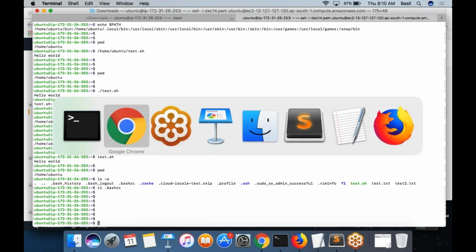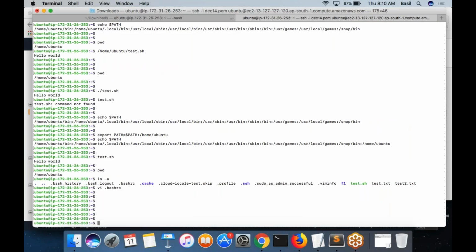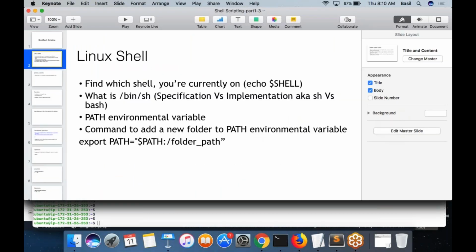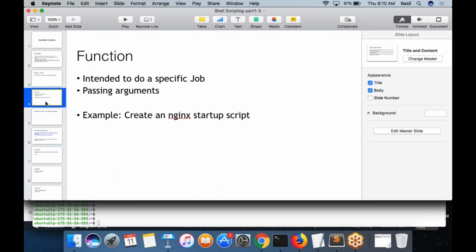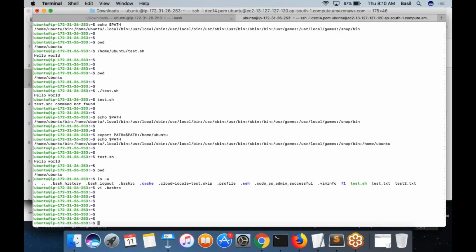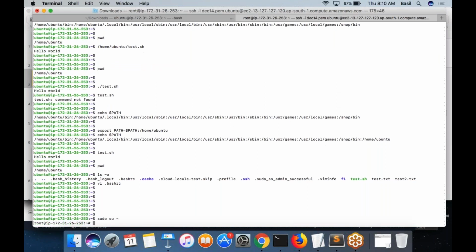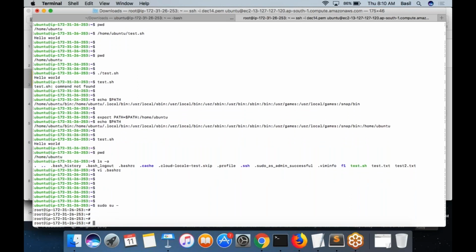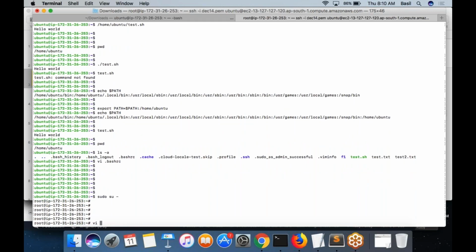So that's pretty much about your bash script. That's what your shell is. Right? So now I will write a sample script. Let's say my intention is first to switch myself to the root user. I want to work as the user root so that I will have permission to run any command. I'm going to create a script called test.sh.